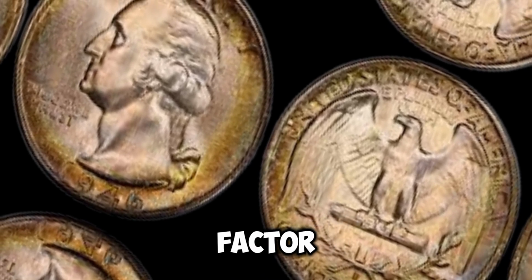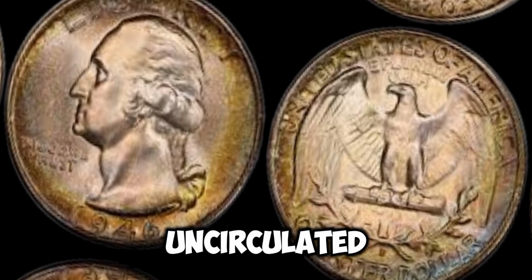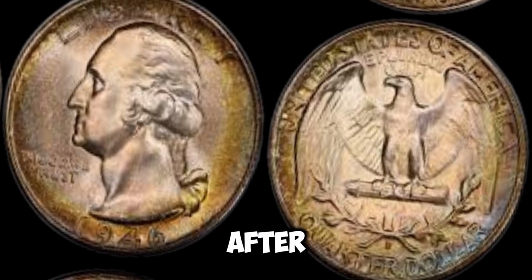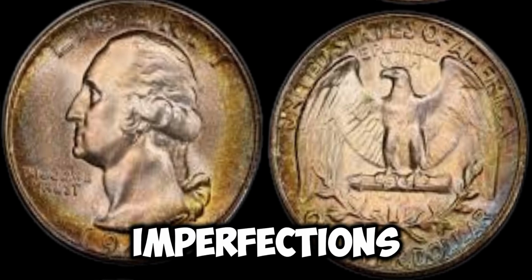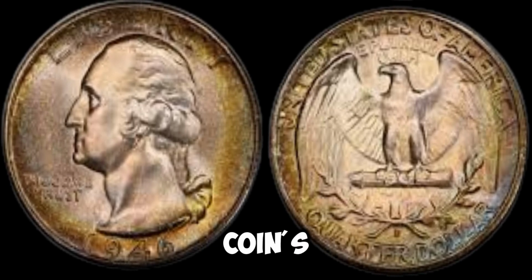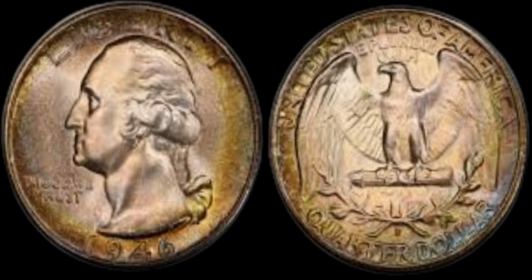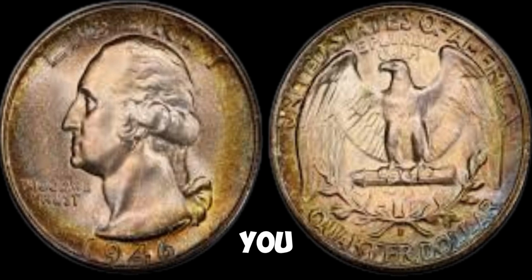Another important factor to consider is the coin's condition. Coins that are in pristine, uncirculated condition are highly sought after by collectors and can command a premium price. Even small imperfections, such as scratches or discoloration, can greatly diminish a coin's value. So, if you happen to come across a 1946 Washington quarter in excellent condition, you may just be holding onto